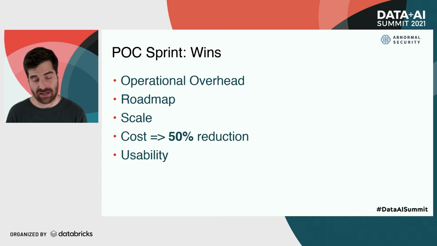Another thing around usability is management of jobs. Because Yarn was preemptively killing jobs when they would breach memory limits, that does not happen on Databricks at all, right? So if you had an occasional one task that used a little bit more memory that was breaching and causing the job to die on Yarn, that won't happen on Databricks. So the trade-off is that you do need to monitor the metrics of the job a little more closely. But if what you care about is just job success, then that happens more on Databricks with these types of jobs. And finally, we just said no more of this maintenance burden of needing to go in and clean up disk on the master because all these clusters just go away when they're done being used.